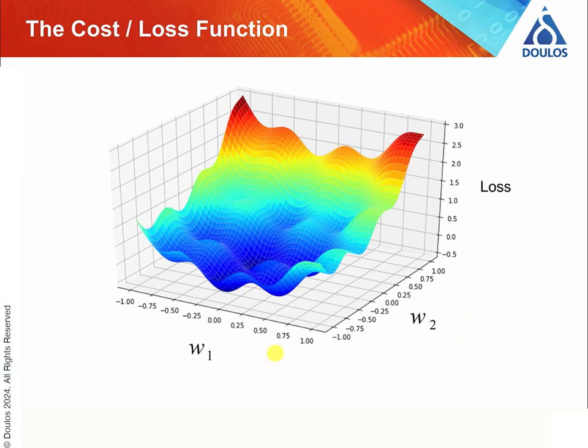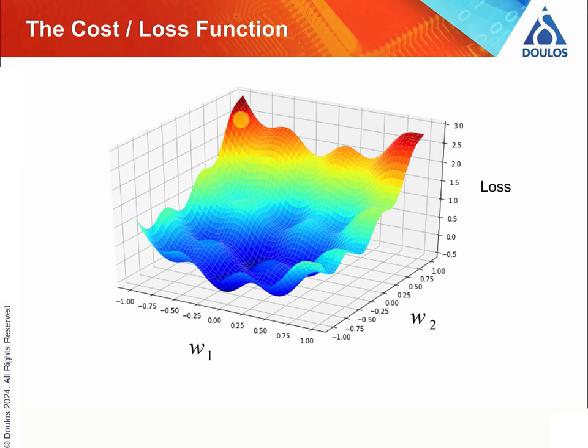So the cost function is a function of all of the weights. So in this simplified diagram, we're imagining we've just got two weights, W1 and W2, but in general, our cost function is going to be an n-dimensional surface in an n+1 dimensional space, where the vertical axis here, the final dimension, represents the cost or loss. And what we're trying to do as we train the network is to minimize the value of this cost function. In other words, to try to go downhill quickly. Training a neural network consists in running a gradient descent